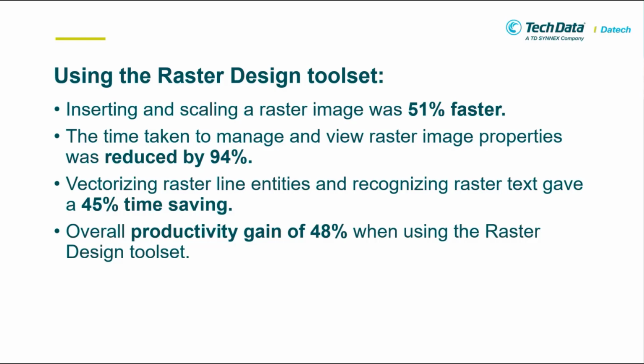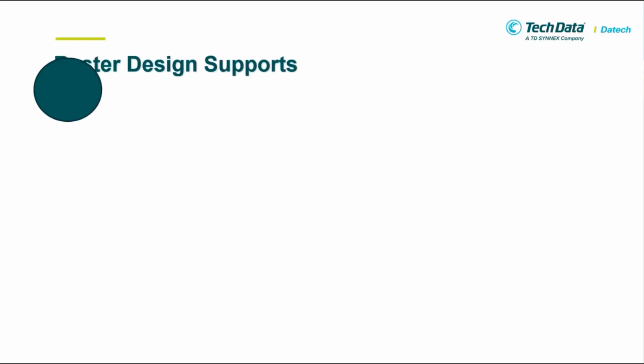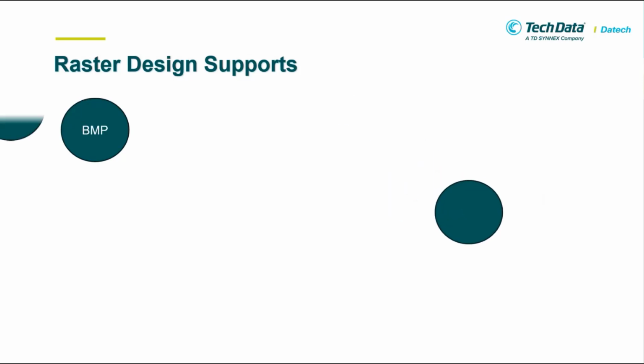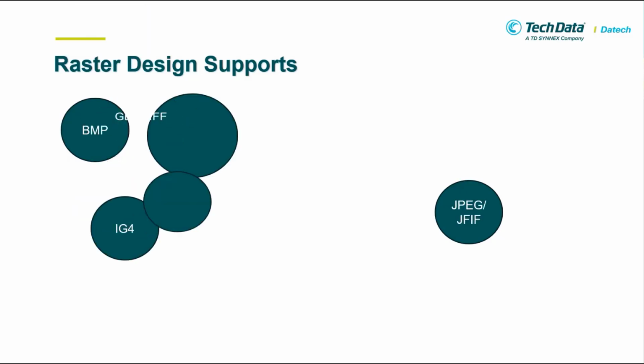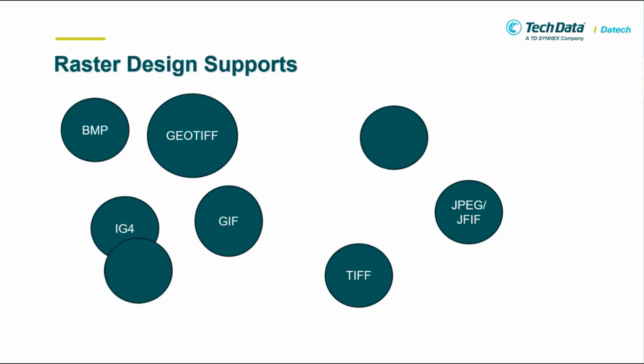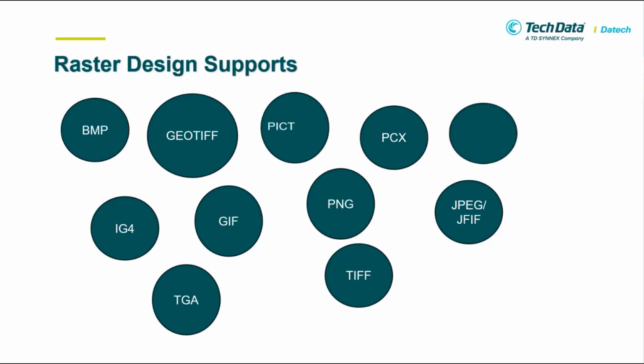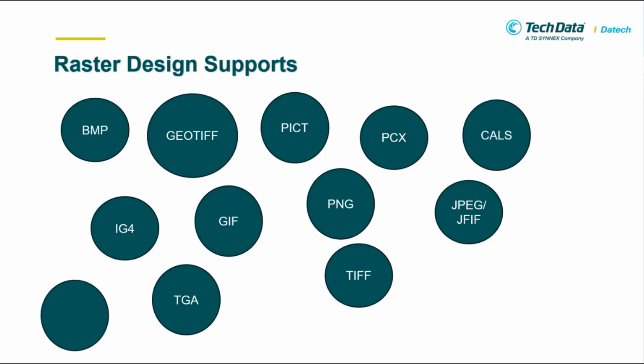And now we might get some queries like how much time is to be spent, or what are the supported file formats in the Raster Design Toolset. There are around 18 plus supported formats available, starting with BMP, and there are also JPEG or GIF files. There are multiple file formats: GIF, GIF4, TIFF files, PCX files, TGA files, PNG files, PICT files, CLS,